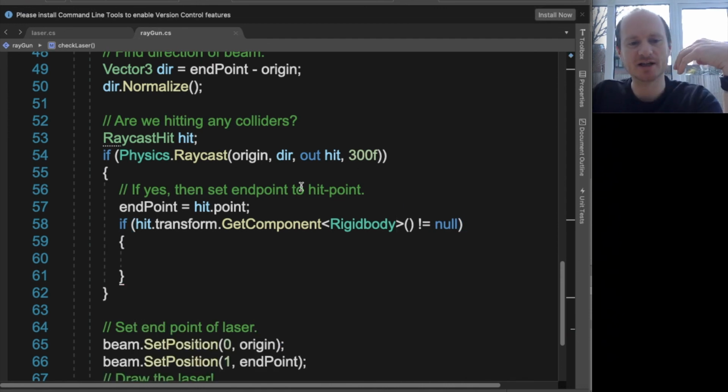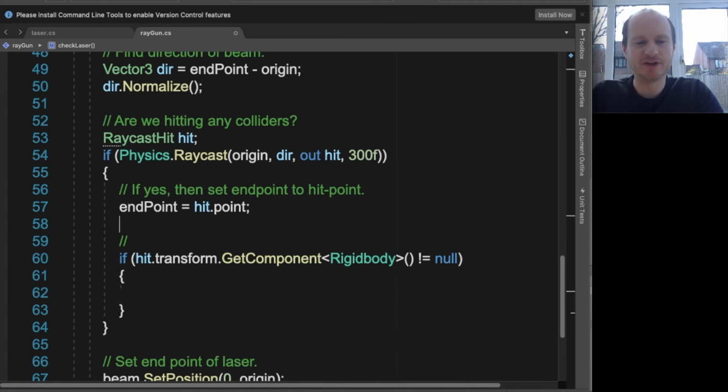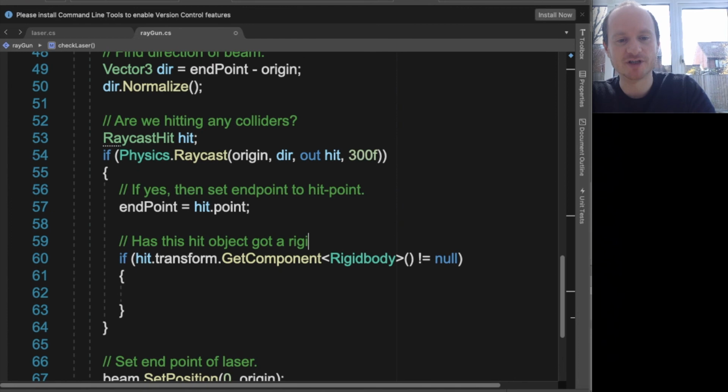So there we're saying, has the object that we've hit got a rigid body? So our terrain won't have a rigid body, but those little cubes that have spawned into the scene, they have got a rigid body, which is very important. That means if something's got a rigid body, it interacts with the physics system of Unity. It's not just kinematic. So has this hit object got a rigid body? If so, then